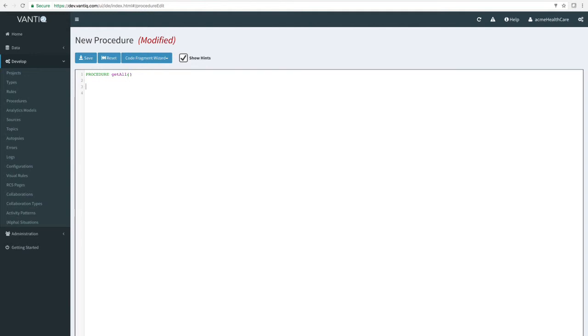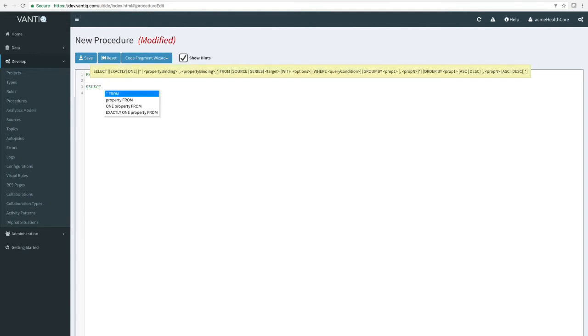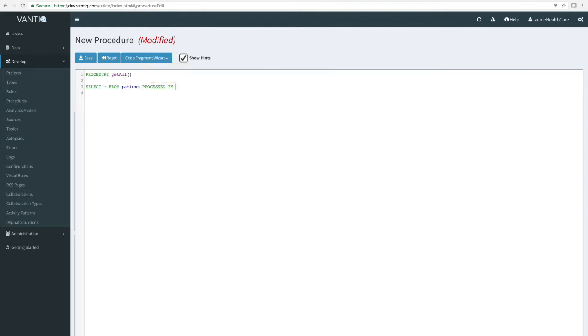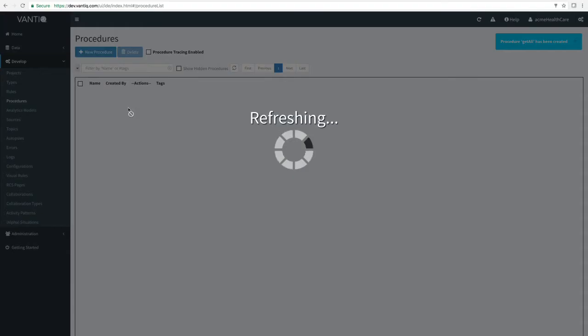And I'm just going to do select from patient, and then we'll say processed by, and we'll put in the constraint for who I want to process it by. So we want to process it by all regional nodes, and we'll just do that for now. So if I now run my get all procedure,